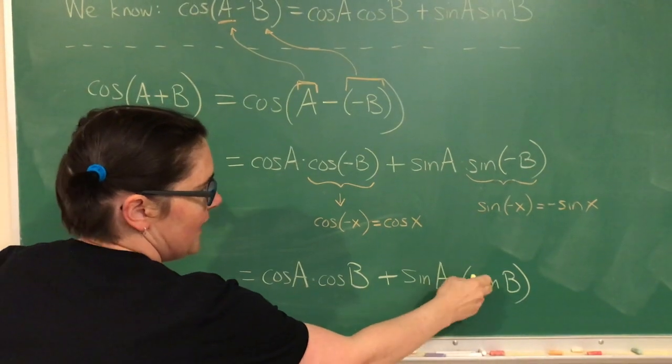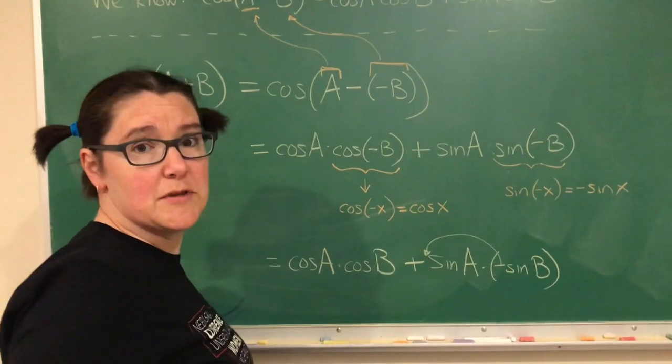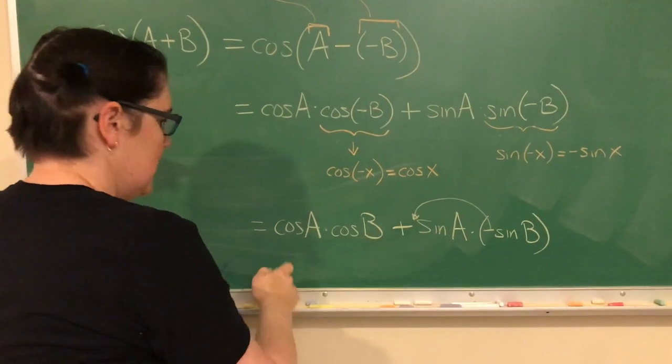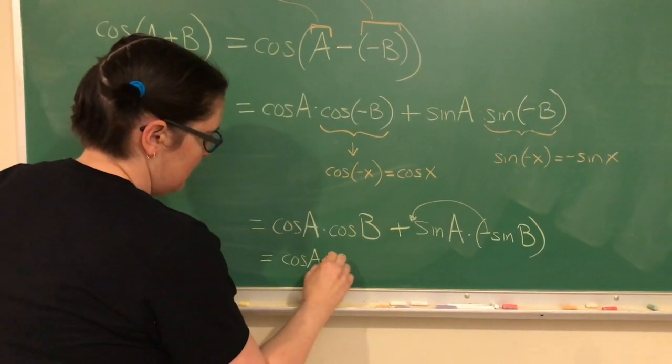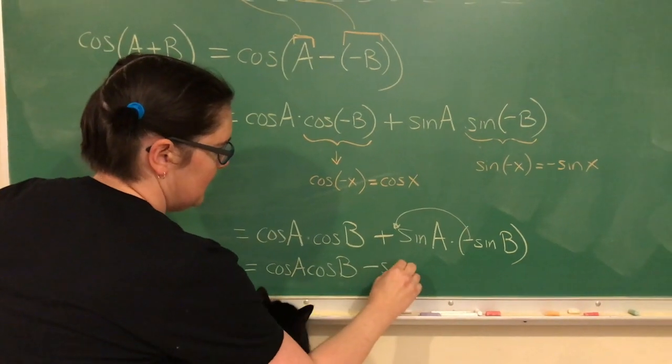To clean this up, I'm going to take this negative sign and put it here in the front of sine of a times sine of b. And so then I'll have plus a negative. So my final way to write this is I can write cosine of a times cosine of b minus